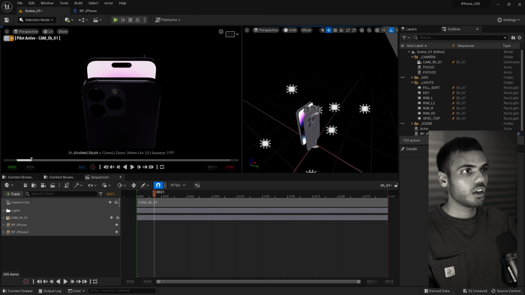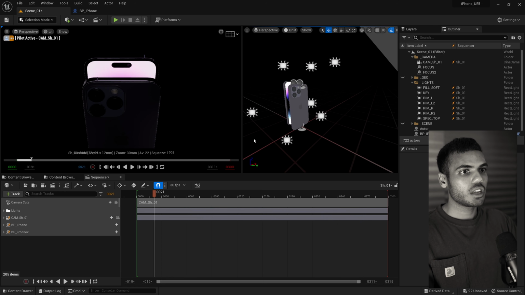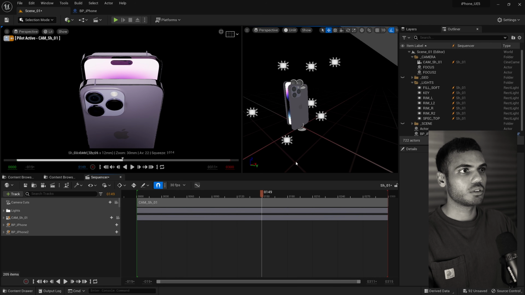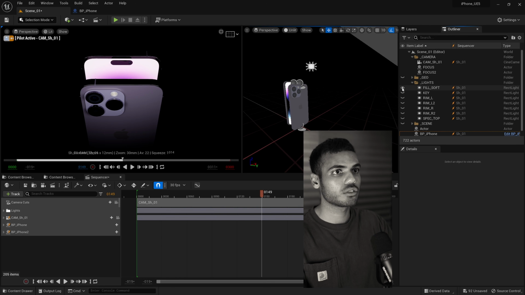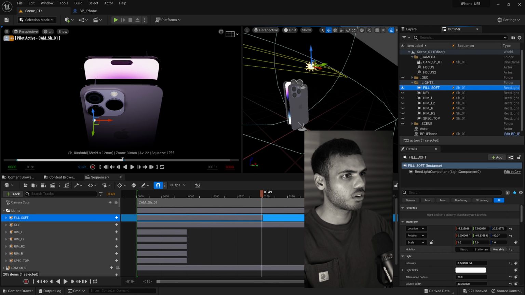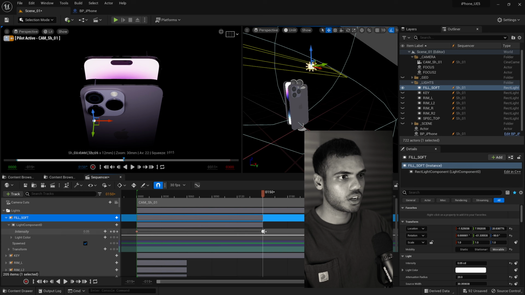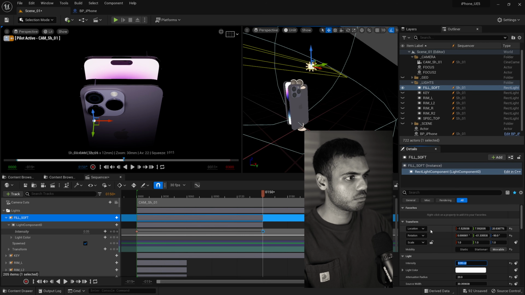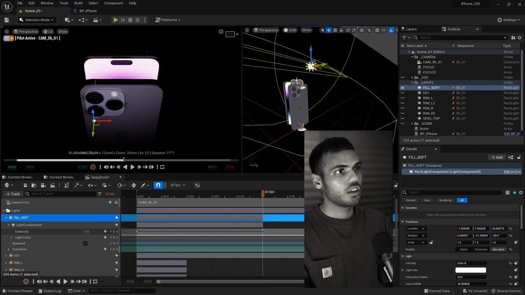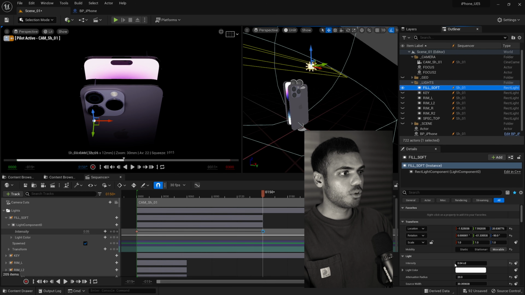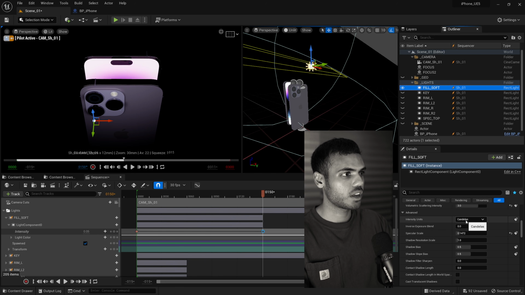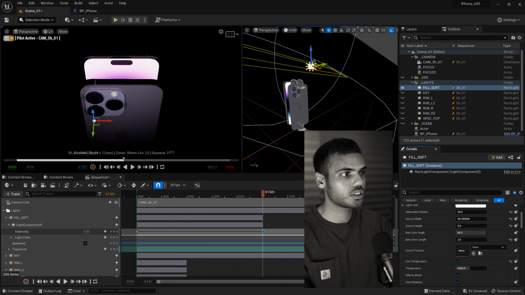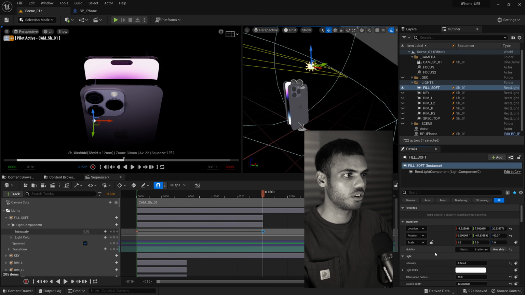Cool. So I do have quite a few lights in here, but I'll show you what each of them are doing. So I just have a fill soft light. It's actually a bit too strong now, I would say. So if I just turn that down to 0.04, the reason the values are so small is because I'm working with such a small object and I've stayed on candelas. I don't know what that means, but you can change it here if you want. I'm just used to using this unit of measurement.